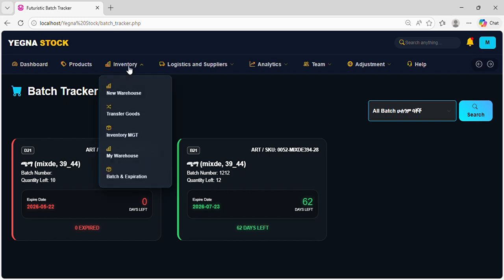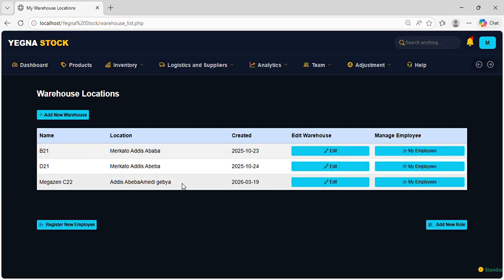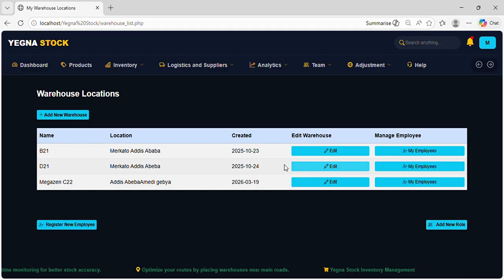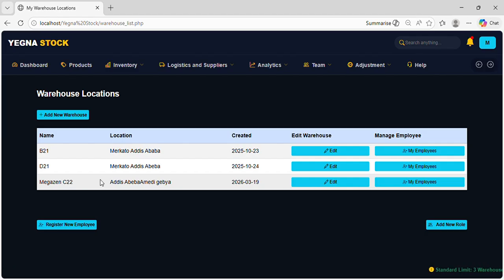this is on the inventory side, and then on your warehouses, there are many tasks to set on each warehouse. For example, you can create the roles, or a new role, to assign to an employee on the selected warehouse or shop. So now let us look at the staff or employee assignment